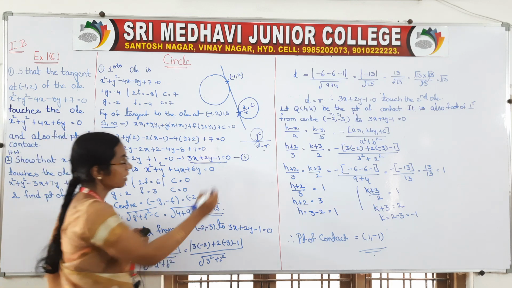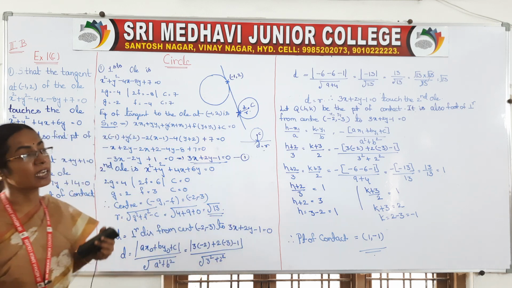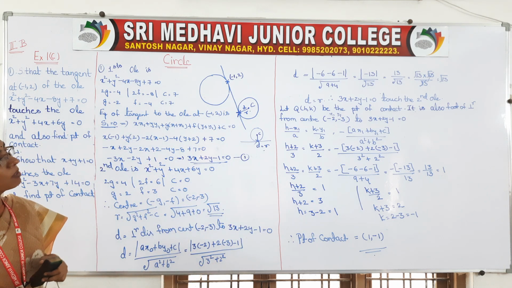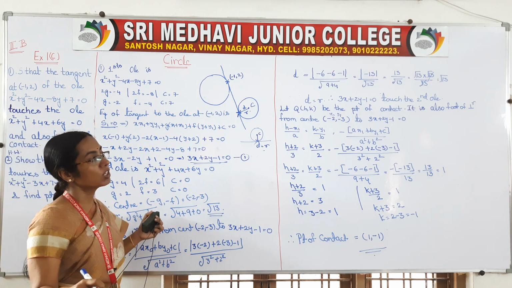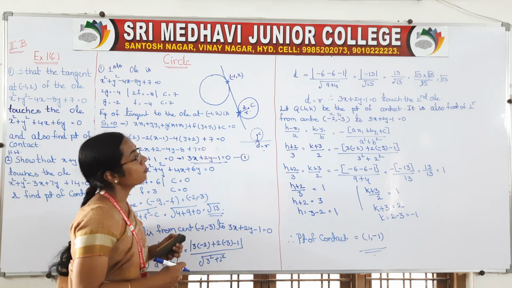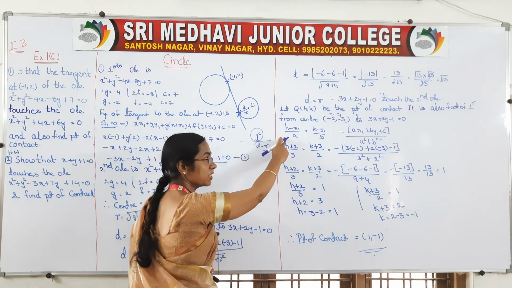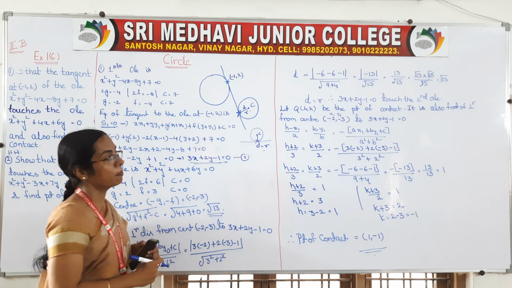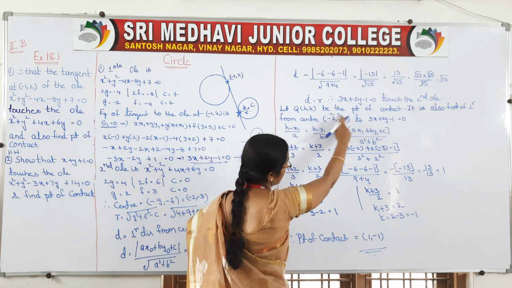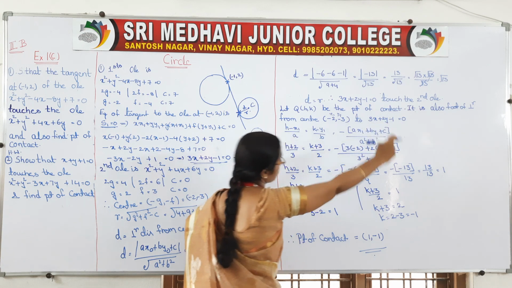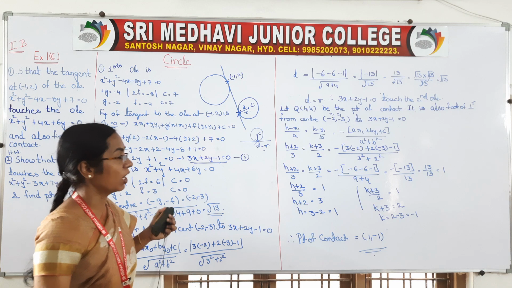Now try to find the point of contact. This is your point of contact. So it is the foot of the perpendicular also, right? Whenever we know the foot of the perpendicular from one point to a line, we can apply one theorem from our first year knowledge, the first year B paper. You have this formula. So your x1, y1 is this one, and this is your ax plus by plus c. Just substitute in the formula.